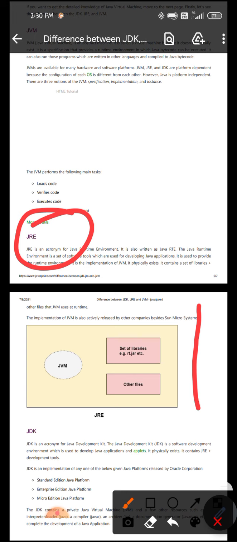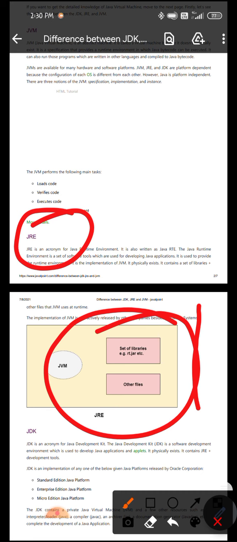The JRE is actually the combination of the JVM and a set of libraries. So the Java Runtime Environment is the combination of both.